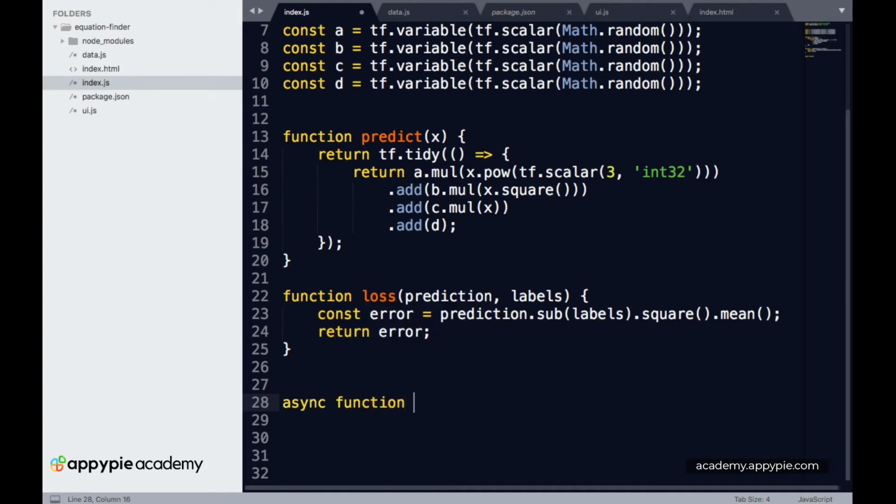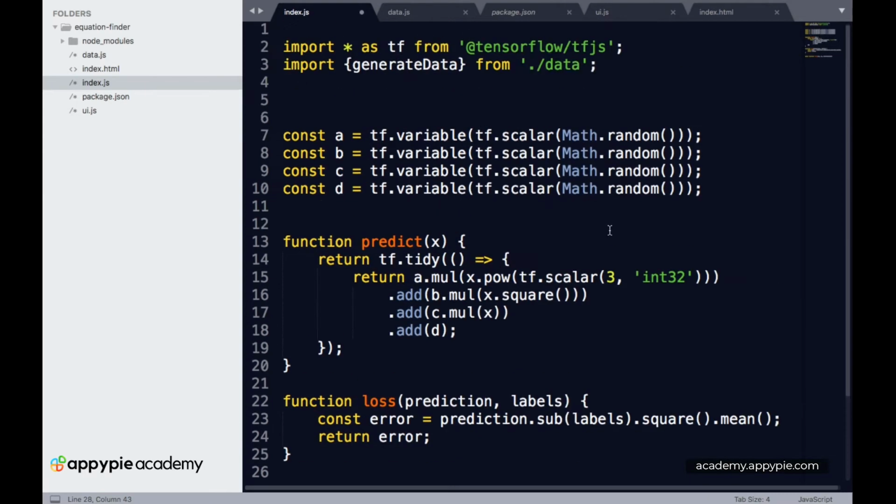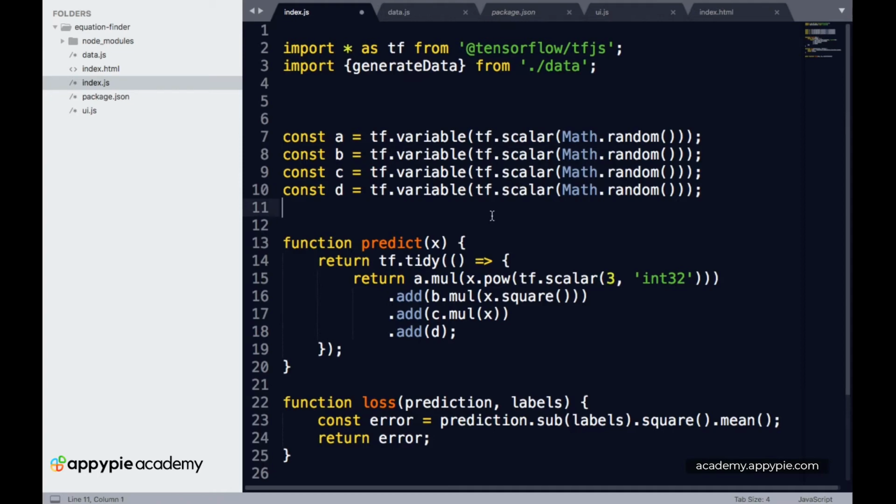and the name of this function will be train. This will take in three arguments. The first one is xs, then we have ys, and then we have the number of iterations. Now we need to define the number of iterations, so let's go to the top of the file and define it over here.